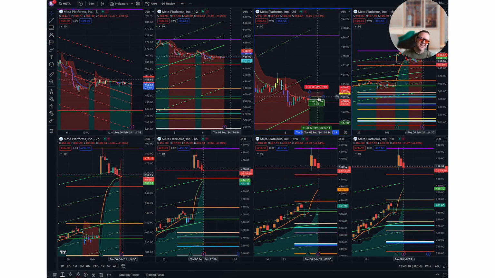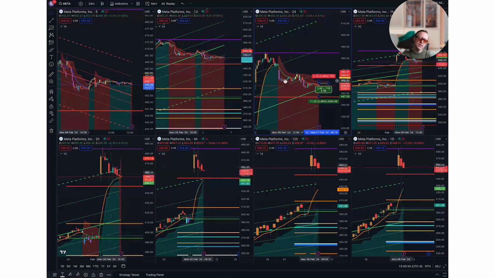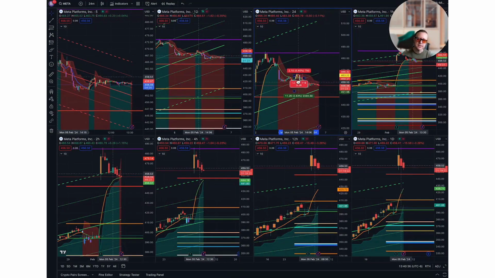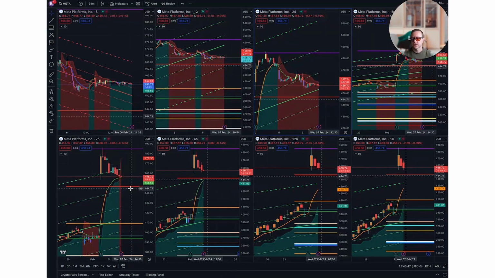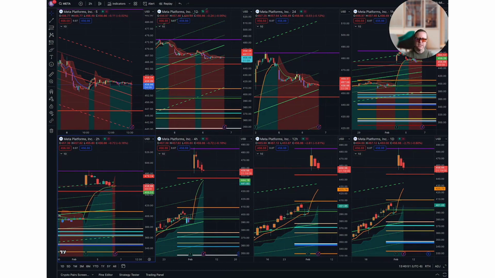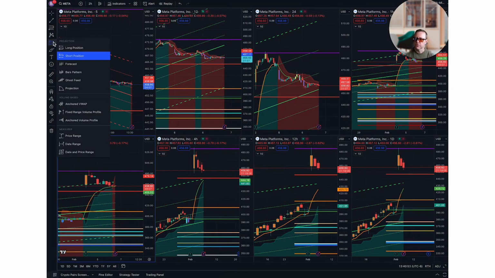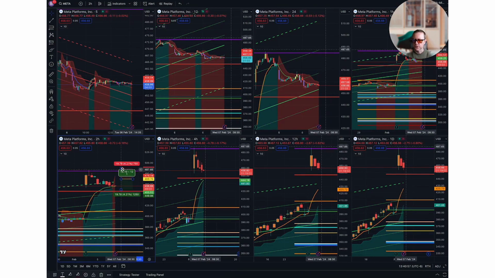Again, I wouldn't normally suggest using the 24-minute cloud, although this one's held up a bit. You can see it's deviated a bit. If I did this same thing here, I'd be lucky to stay in my trade. But as you get to larger time frames that make more sense, if you have overextension and a bunch of different things working for you, the cool thing is you can use a cloud on a larger time frame to